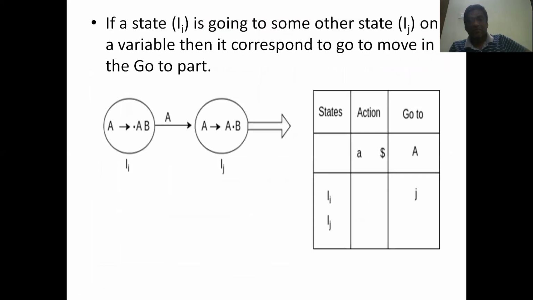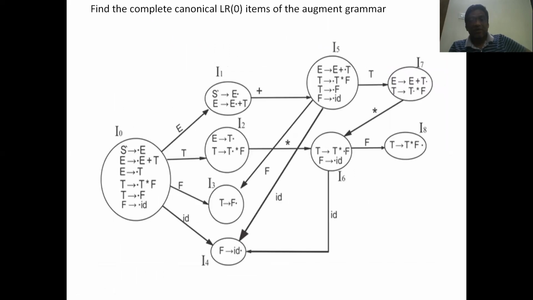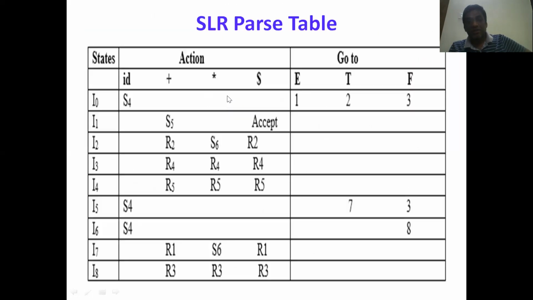Identifying this is very simple. If you look at the DFA, S dash, the augmented production we added, S dash with no symbol after the dot on the RHS, will represent the accept situation. So I1 on dollar, whenever you have this production in any state, it means the corresponding state with the dollar represents the accept situation. Okay, so you need to remember it. So I1 on dollar is the accepting condition, right?